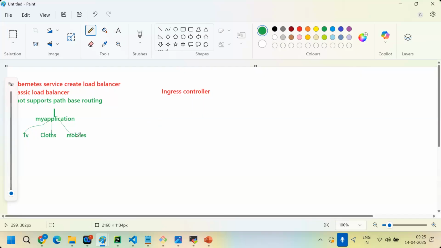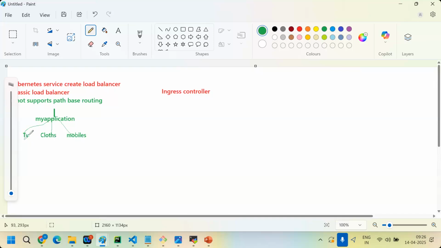I mean, the TVs sub-application Docker file is separate. Why? Different code, right? Microservice means we can split into multiple applications instead of standalone.